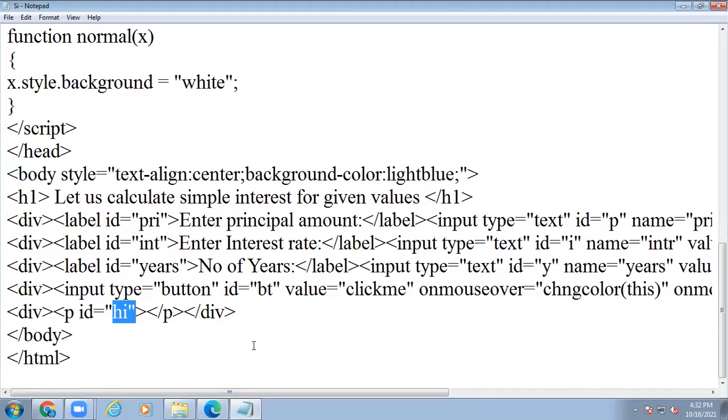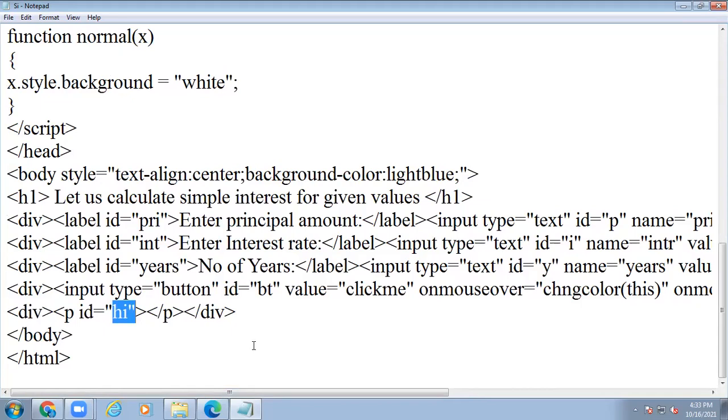And ID means we are giving the ID for scripting purpose, right? It's the unique identification of the text box or labels or buttons. And the name is the unique name of that particular input tag.